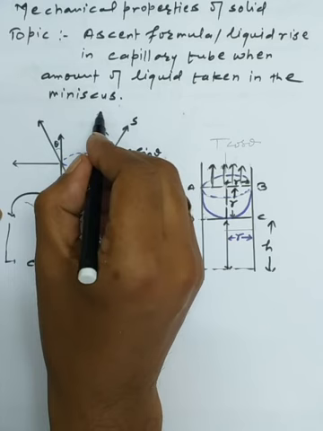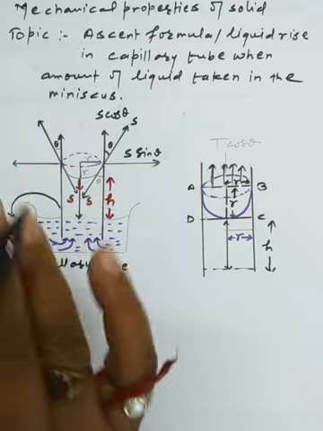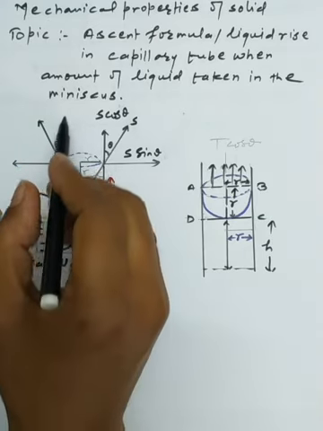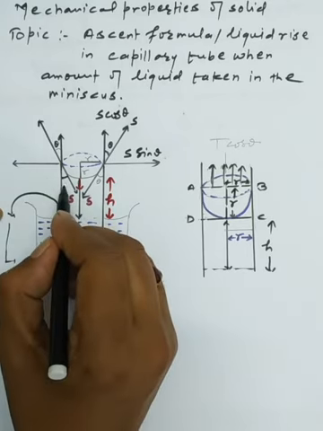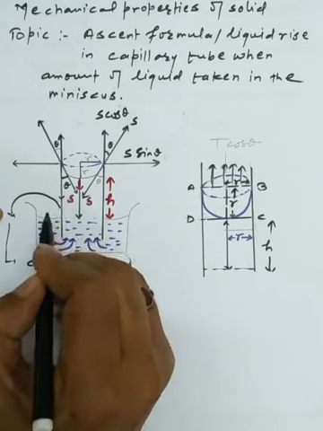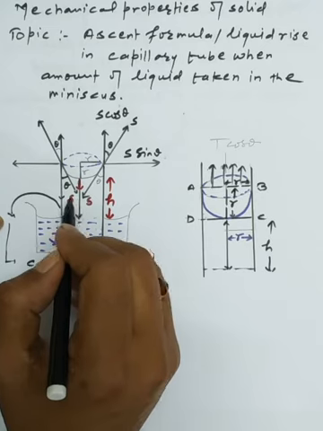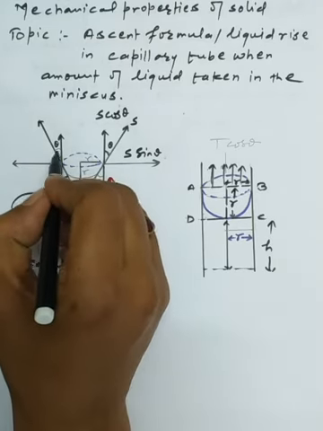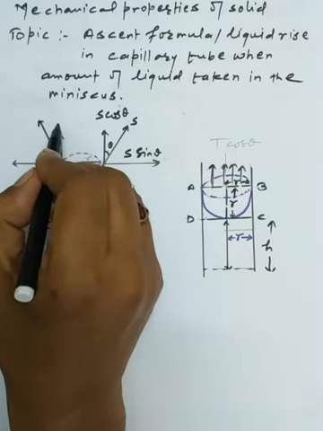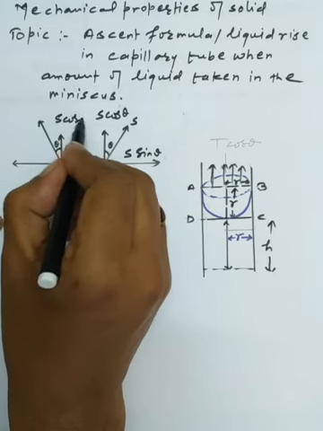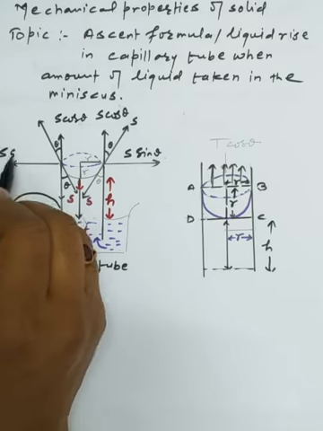Okay, now S cos theta, this is the responsible factor to make the liquid rise in an upward direction here, and in the same way we can make the resolution of the surface tension forces. Now simply it's a tangent to the liquid surface, and tangent to a solid surface which is deep inside the liquid, that makes the concept of the angle of contact. This theta is there, so the opposite angle we have is called the theta. So the vertical upward component is called the S cos theta we have. Now the component in the horizontal direction is called the S sin theta.